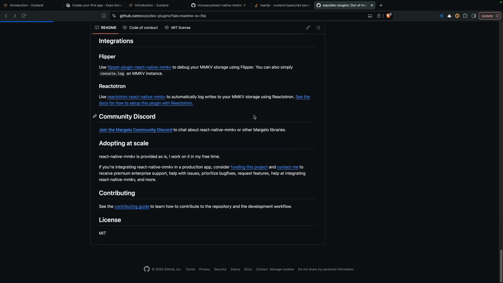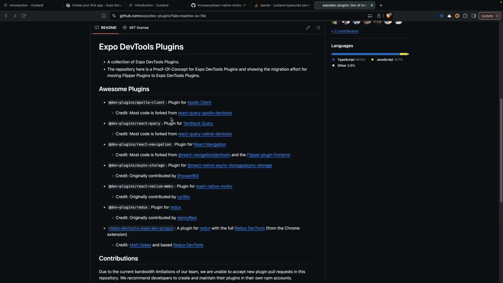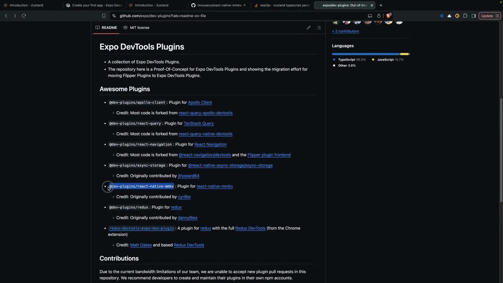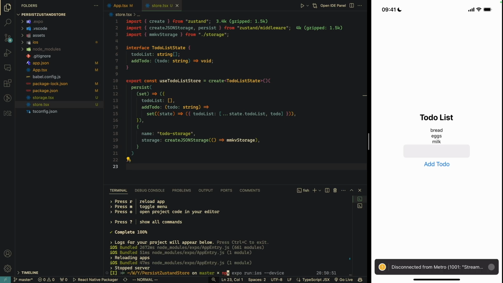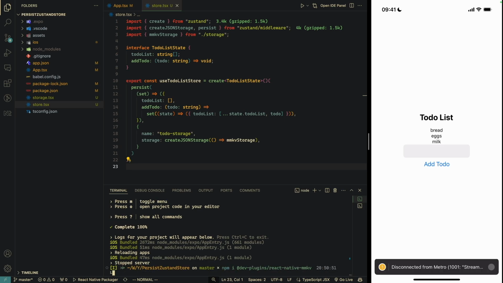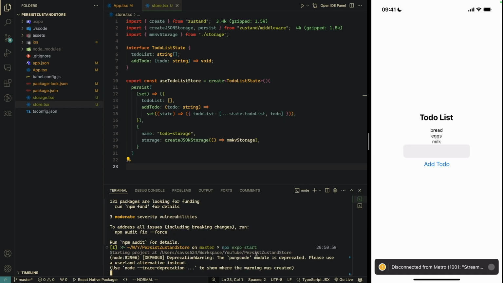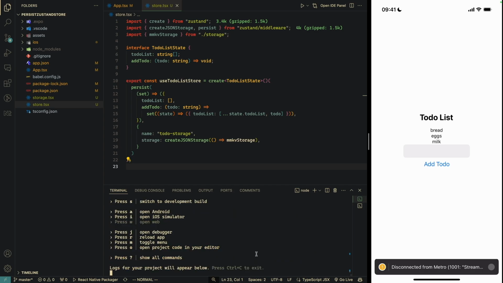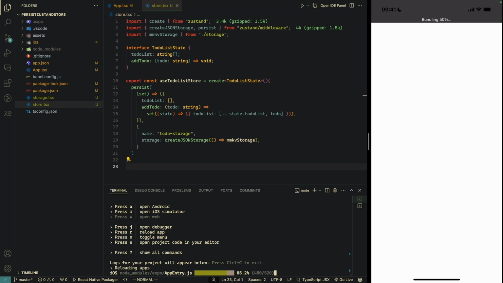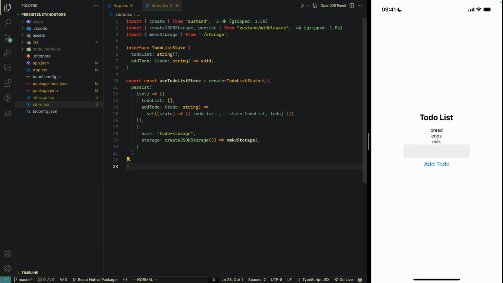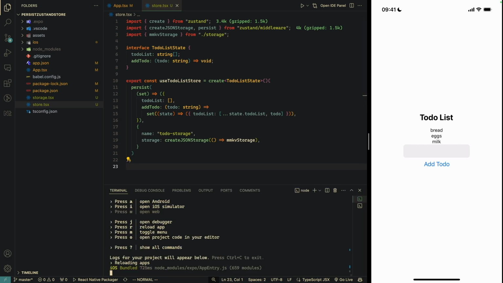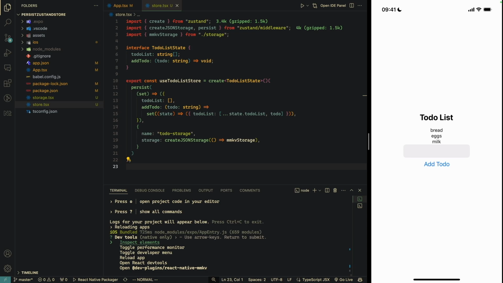But okay, I think this is the thing that I need to install. Let me stop the server. npm i this. All right, let me restart the server now. Start this. Okay. Bundled. Okay, so now I think all I have to do is press Shift M, and I think we have an option here, DevTools plugin,